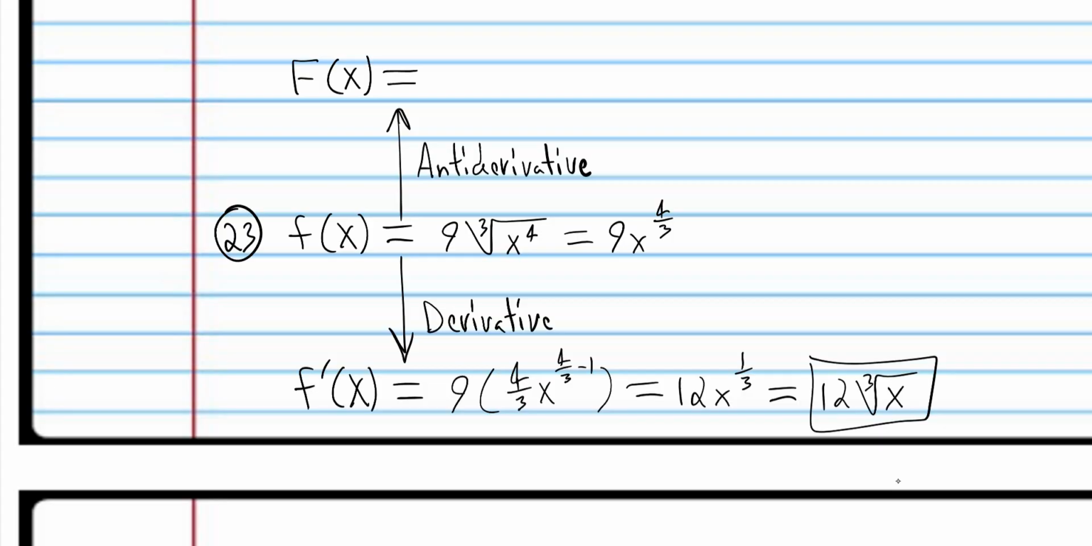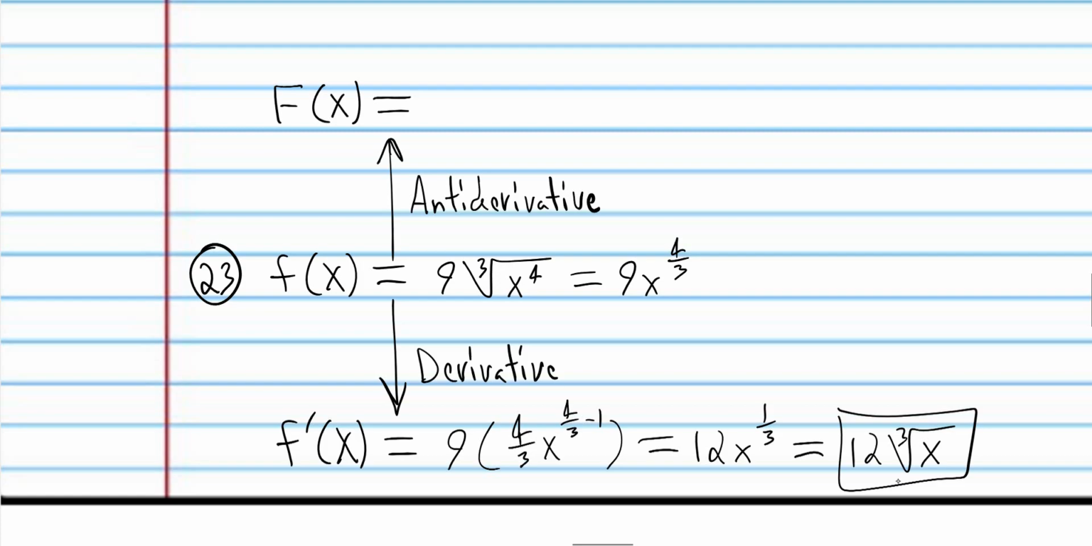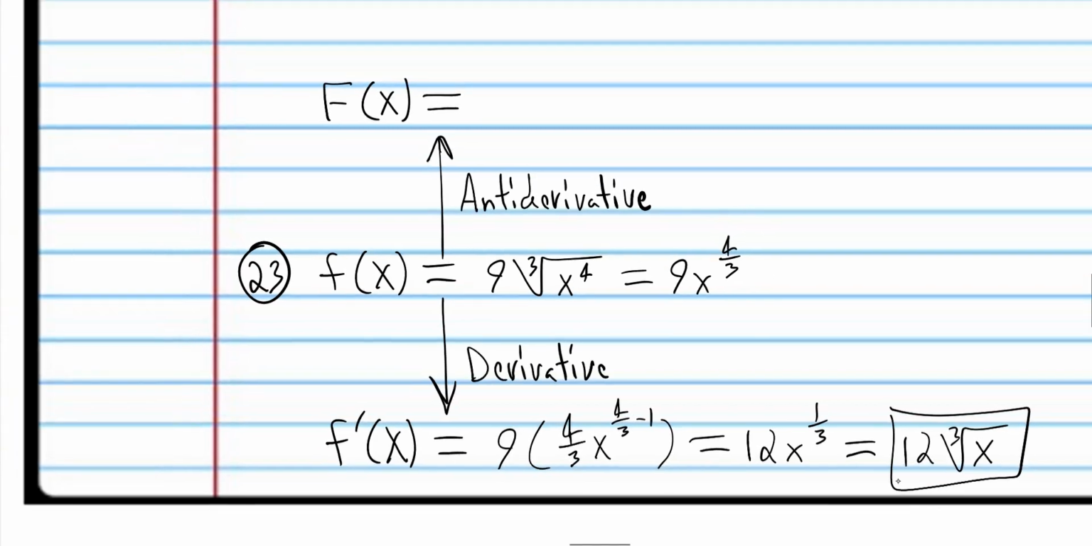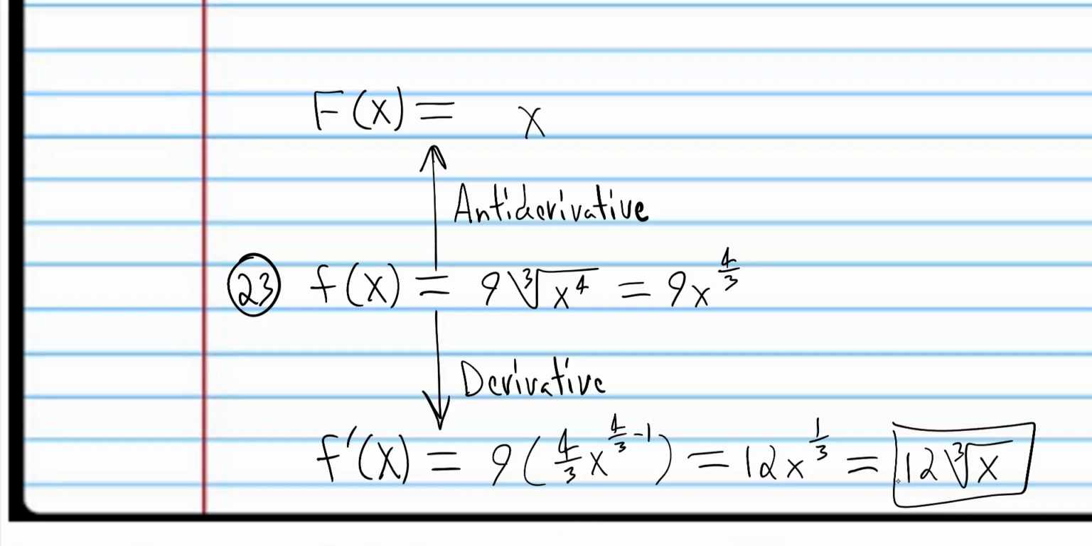Alright, so we subtracted 1 from the exponent to find our derivative. We're going to add 1 to the exponent to find our antiderivative, so that's going to be 7/3. 4/3 plus 1 is 4/3 plus 3/3, which is 7/3 as a common denominator. Now if we find the derivative of this, the 7/3 is going to come down in front,